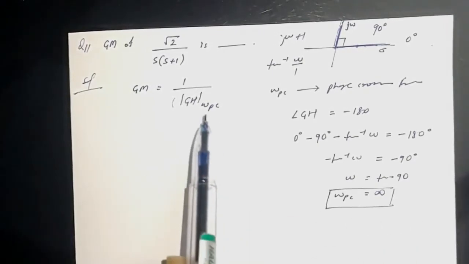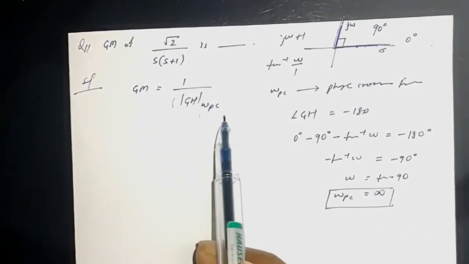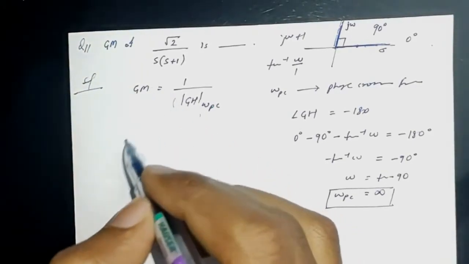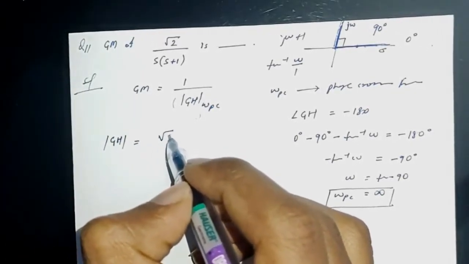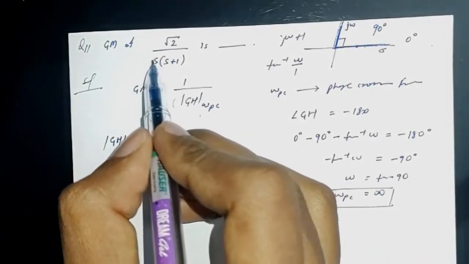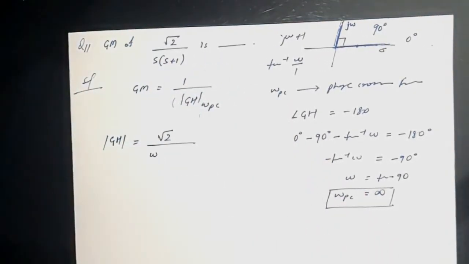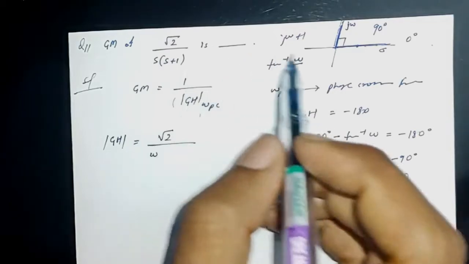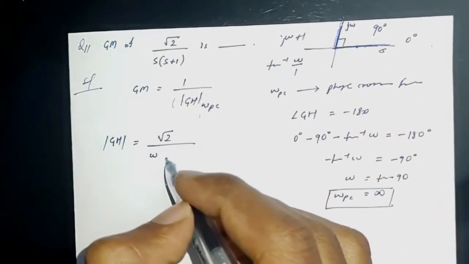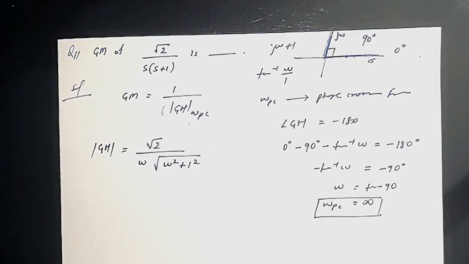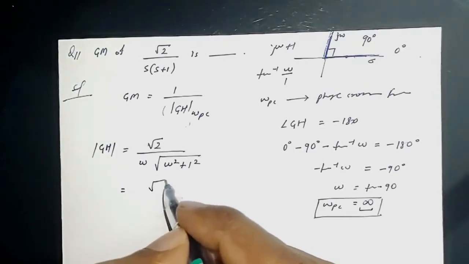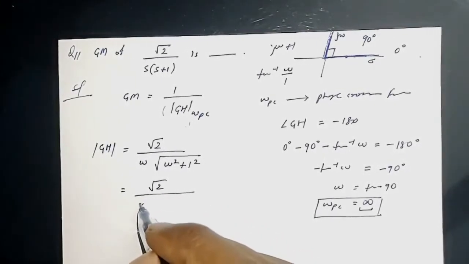Now we have to get the magnitude of the system response at omega pc. So we will write the magnitude of the response, that is root 2 divided by magnitude of j omega, which is just omega, and magnitude of j omega plus 1, which is under root of omega square plus 1 square. So this is the magnitude, and we have to get the magnitude at omega pc, that is infinity. So under root 2, omega is infinity,